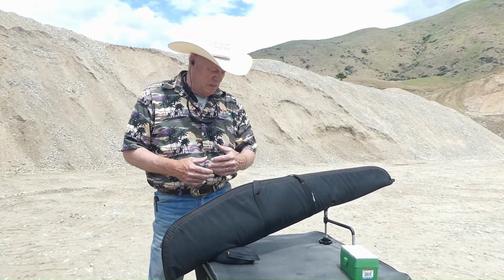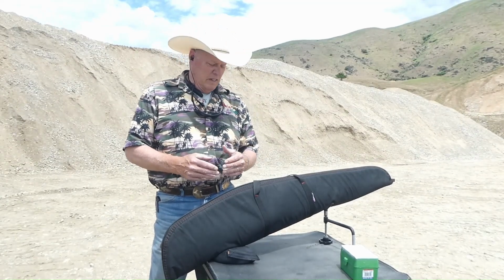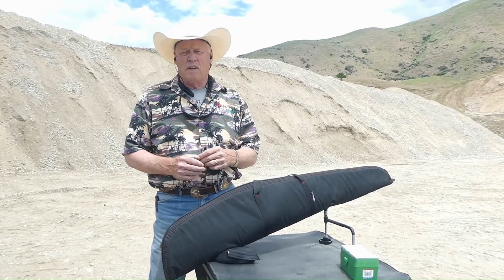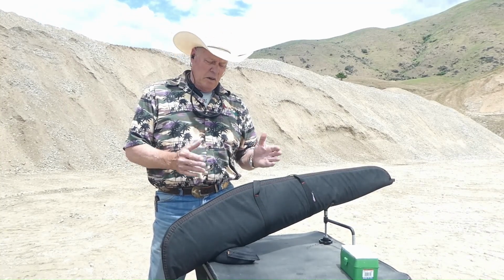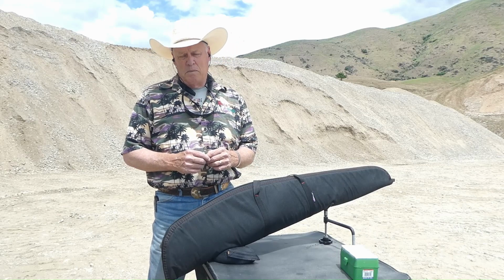I got asked to go ahead and try out a rifle I know nothing about. So we're going to unveil this. I'm going to get it sighted in at 25 yards and then test various types of ammunition out to 100 yards. I normally don't do this, but I was asked by my son and demanded by my